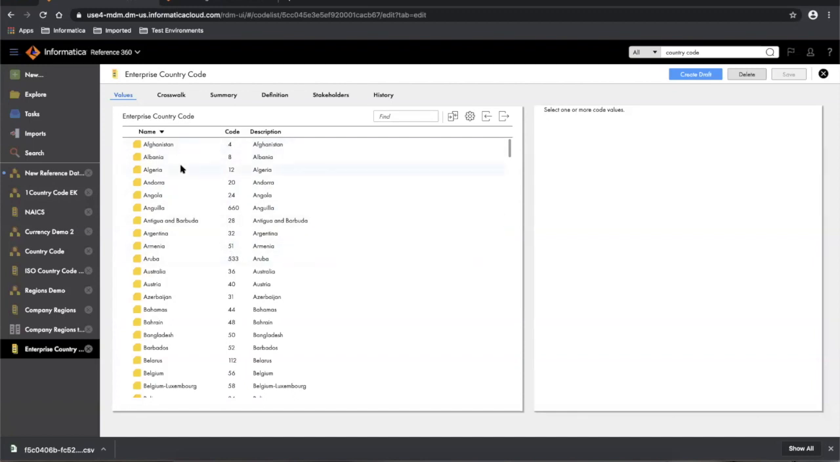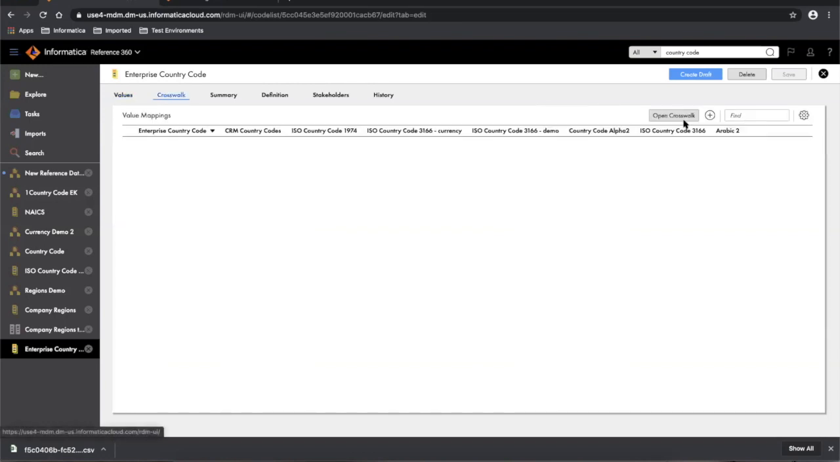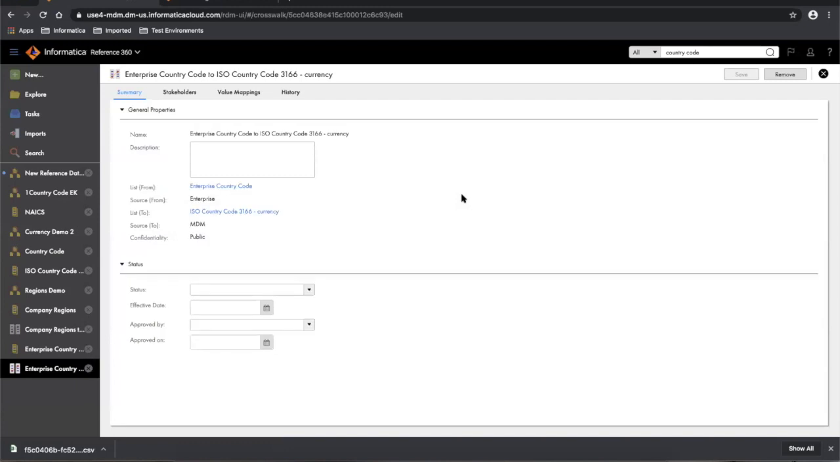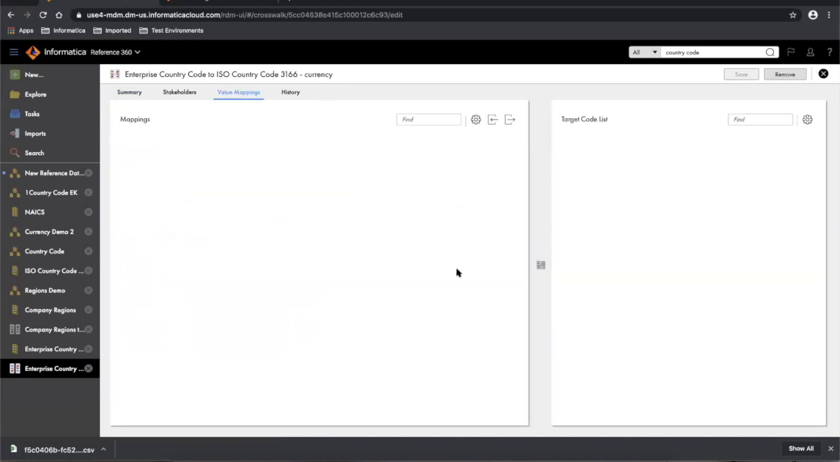So when we do the crosswalk mapping, the mapping between both, I will just open the crosswalk. In order to open a crosswalk, we click on Open Crosswalk and choose the one that we want to look at. So I want to look at the crosswalk between Enterprise Country Code and ISO Country Code 3166. When I open it,